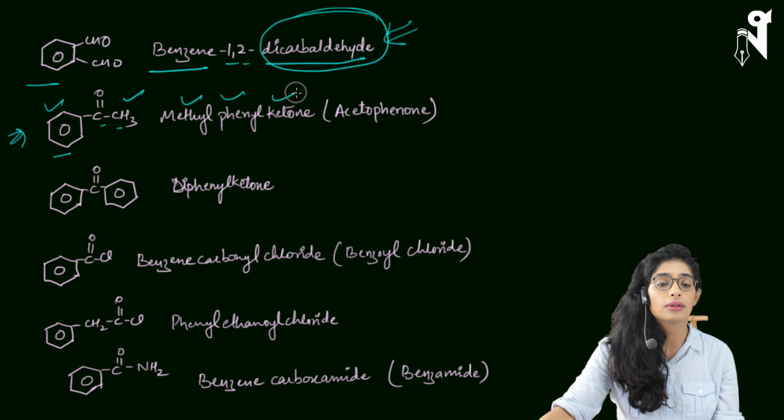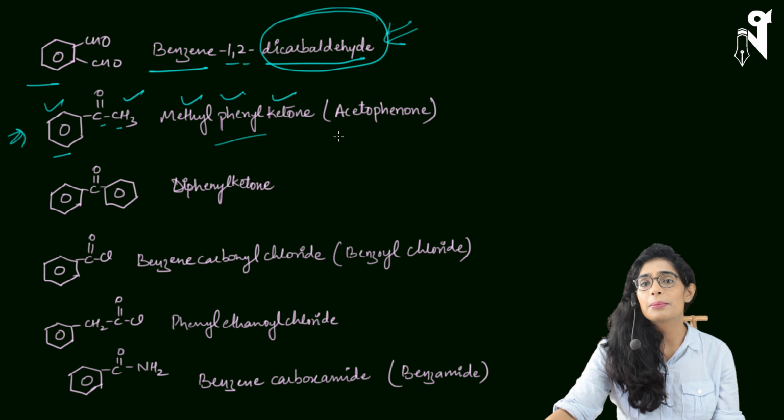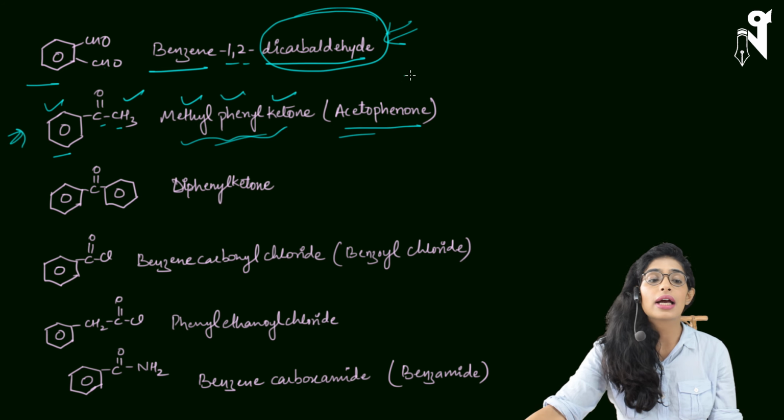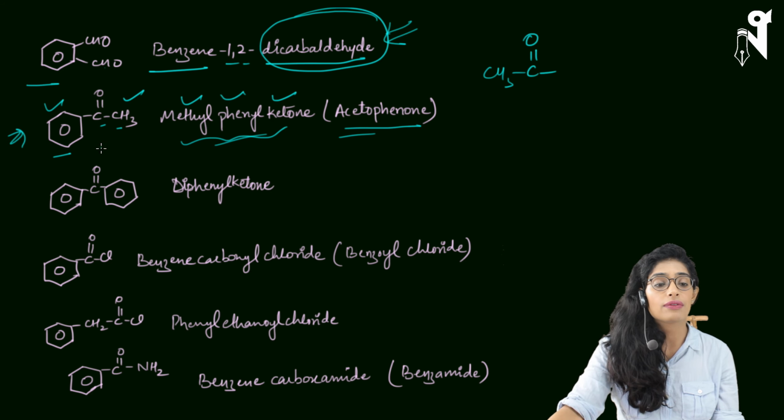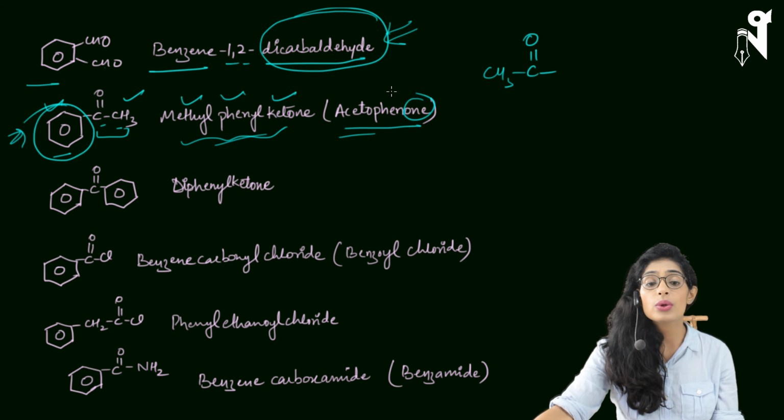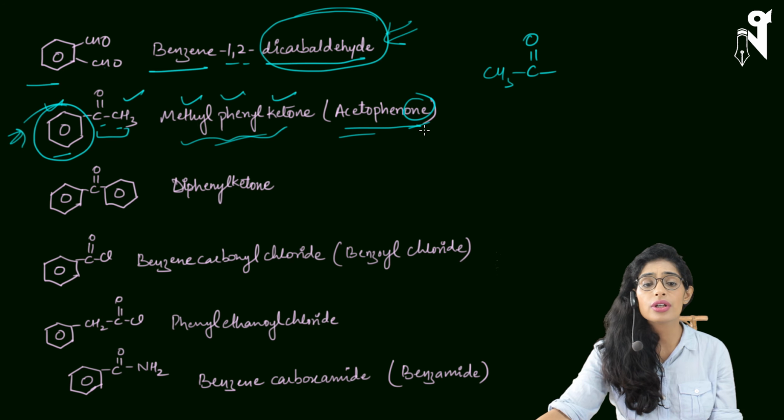and we write it as methyl phenyl ketone. I think I have made a small mistake over here. Both of these are not the IUPAC names. Both of these are common ways of naming. So one name is methyl phenyl ketone, another name is acetophenone. I told you the CH3CO group is called acet. So that's why aceto and then phenone, and one is just representing that there is a ketone over here.